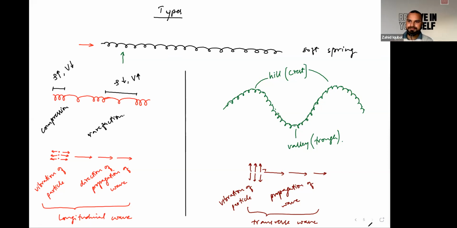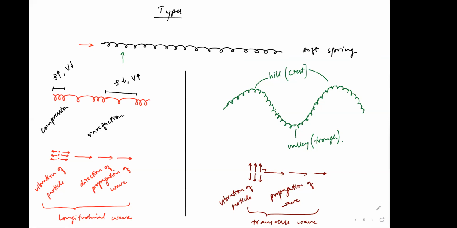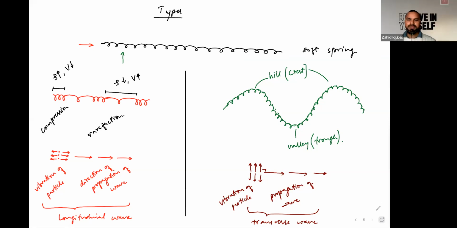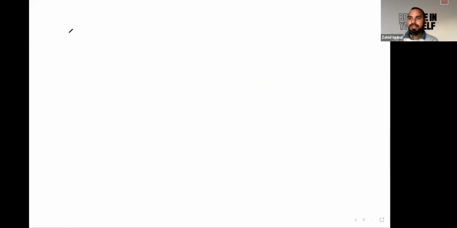Hamza, done? Yes, sir. Done. Okay. Next, we have to explain these two different waves individually. And further, we have to calculate velocity related to those different waves. So first is